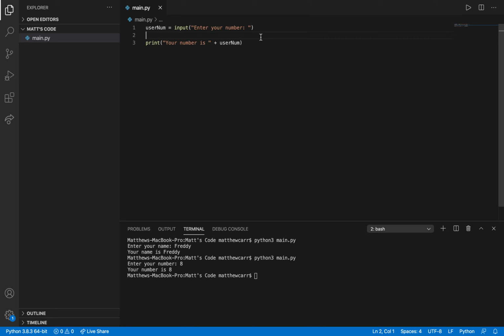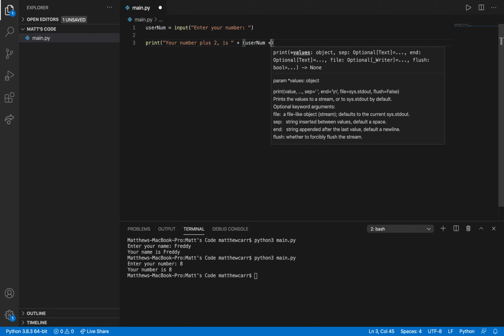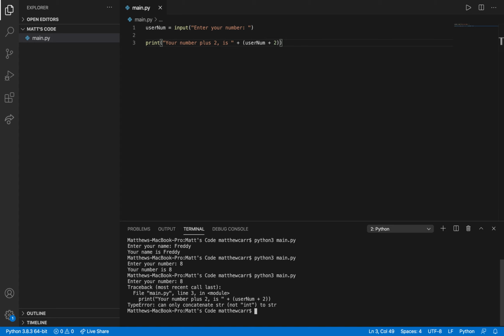Let me show you an example where we want to do something like this: "your number plus 2 is". We want to show them the number they entered plus 2. So something like this. Now we'll get a problem. I say 8, type error. We can't do this num plus 2.